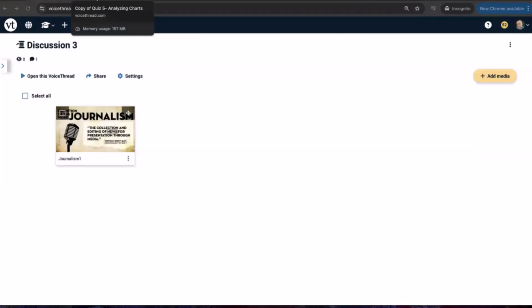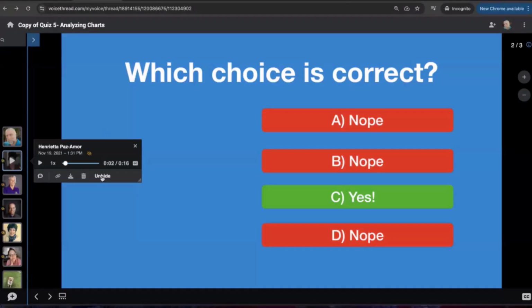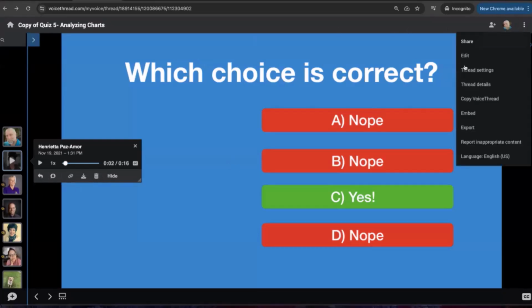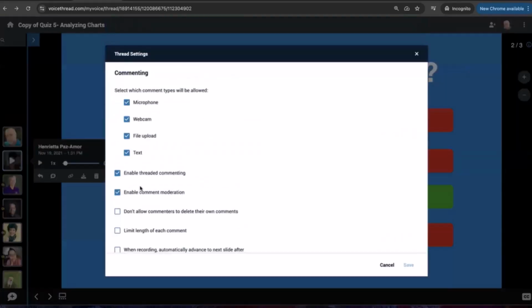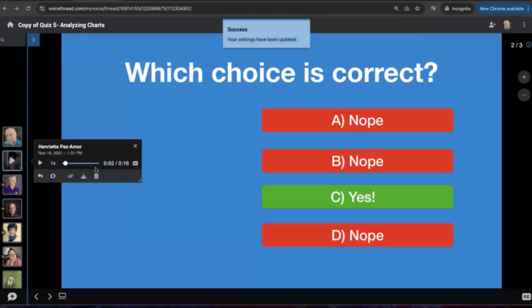Now, there is another use case that I want to bring to your attention, and let's talk about that. So let's say that I've created a voice thread that's intended to be used for discussion purposes. All right, and I ask my students a question, and they're all responding. Now, this is something that rarely happens because you can't make anonymous comments on VoiceThread, and everything is time-stamped and tied to your account. So if a student was going to make an inappropriate comment in your course, VoiceThread would be a terrible choice for them to use for inappropriate comments, right?